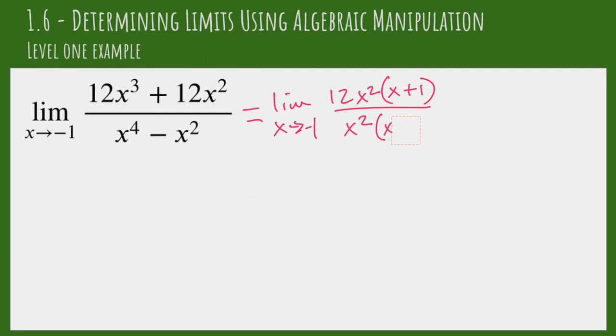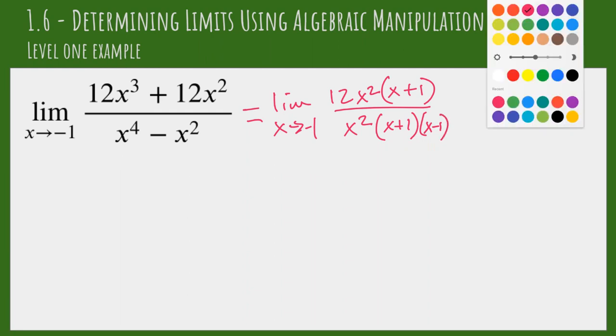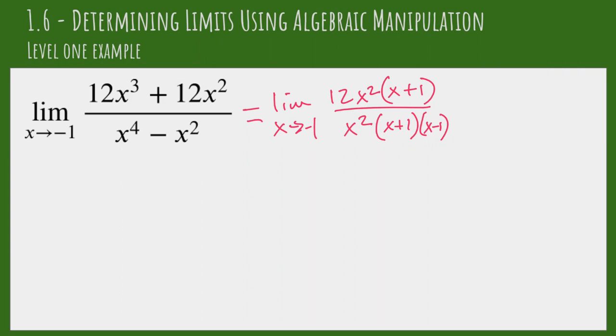And then that's a difference of squares, so I'm going to take that one more step here and do x plus 1 times x minus 1. And so keep in mind that in normal circumstances, we wouldn't be allowed to cancel the x plus 1s here, because then we're removing a discontinuity and it turns into a different function. But since we're dealing with a limit that's approaching -1, we know the values of x are not equal to -1, which means we know we're not canceling zeros here. So this turns into